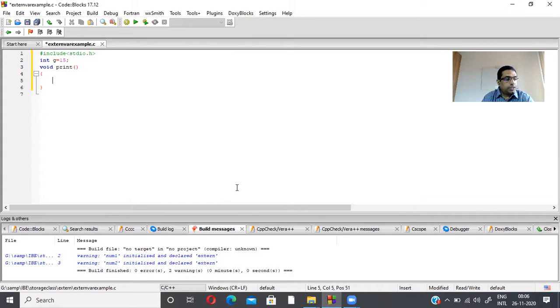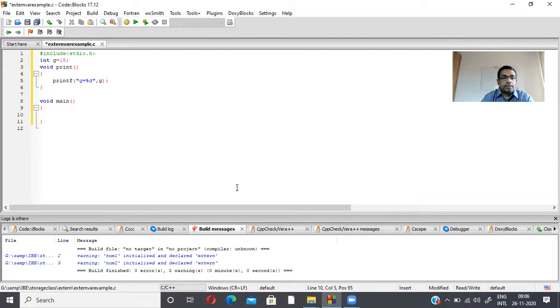Inside the function, I am printing the value of the variable: g equal to %d, comma g. Now I'm writing a main function, void main. The print is a function which is globally declared, that's why the function prototype is not needed.